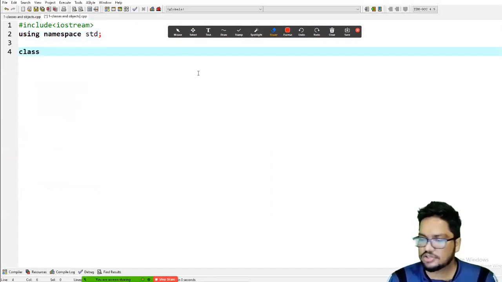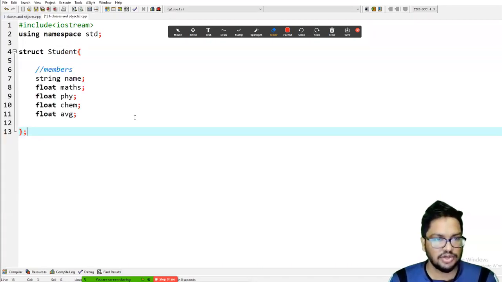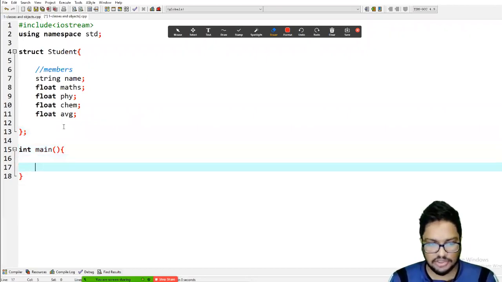Okay, so now as I mentioned, this is what you call a structure. When it comes to a structure, you have something like this, and this is how you can create objects. This is what we discussed just a few minutes before.